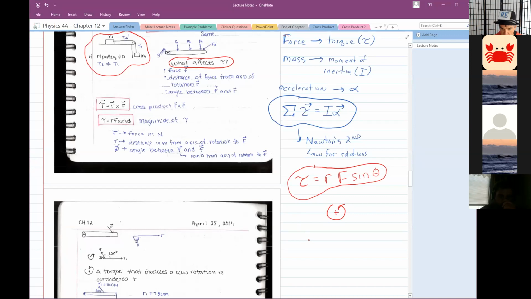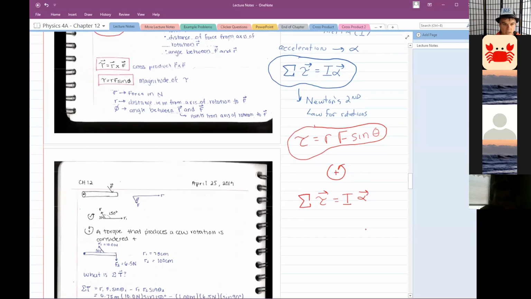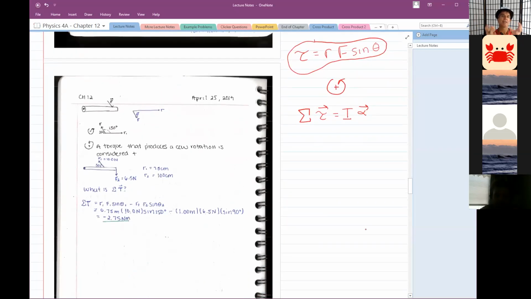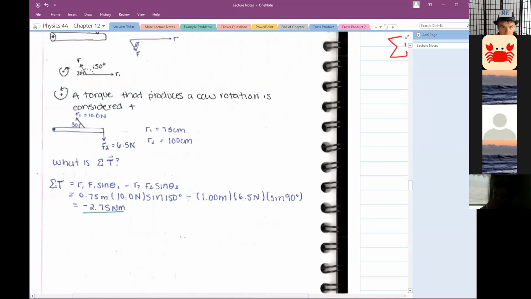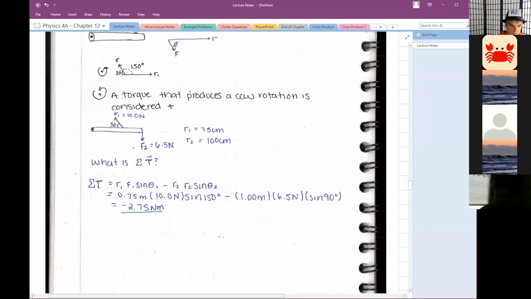And Newton's second law for rotations basically says the sum of the torques on an object equals I, which is the moment of inertia of the object, the rotational analog of mass, times the angular acceleration. And again, keep in mind that when we are looking at the angle, we always draw the two vectors tail to tail. So for example, for this particular one, if I have my axis of rotation right here,